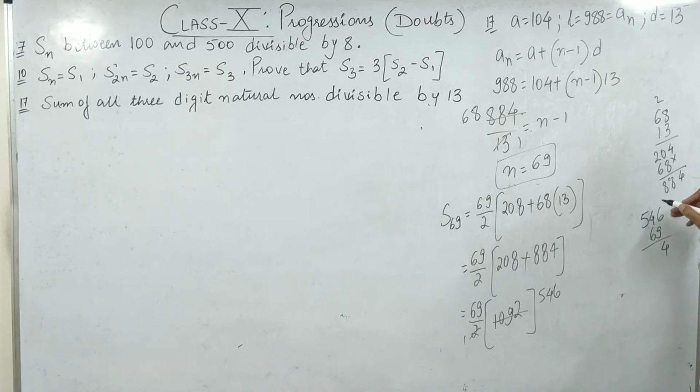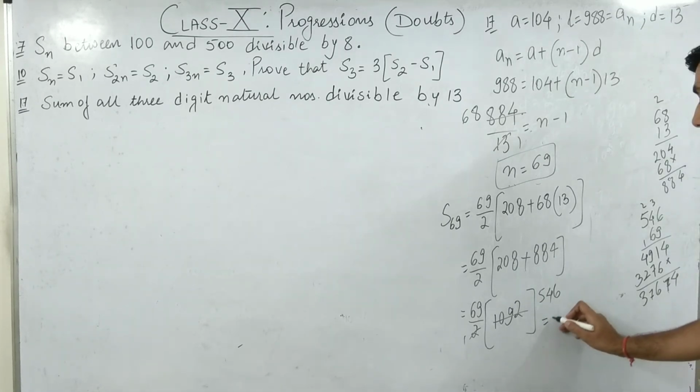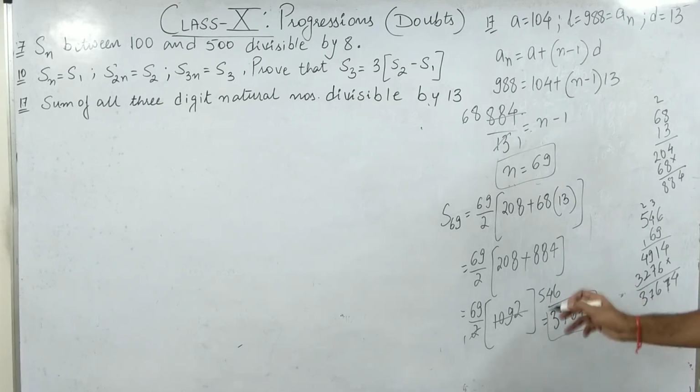546 into 69. 9 4s are 36 plus 5 is 41, 1, 4, 45, 4 is 49. 6 6s are 36, then 3, 24 and 3 is 27, 7, then 2, 30, 32. So it's, guys, 4, 7, 9 and 7 is 16, 6, carry 1, 4 and 5 is 6, 7. Pardon me if I've done somewhere some mistake, okay? 3 7 6 7 4. So the answer is 37674. So that's going to be the sum of total 3-digit numbers which are divisible by 13.